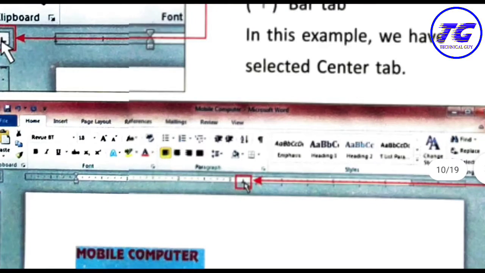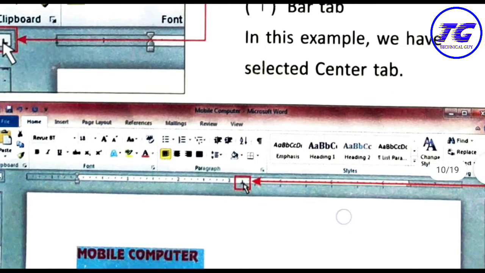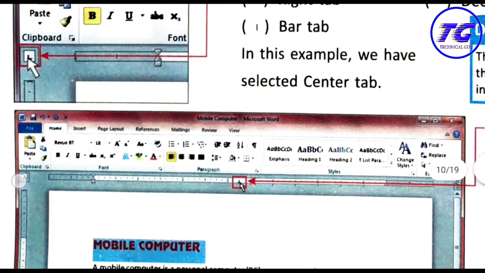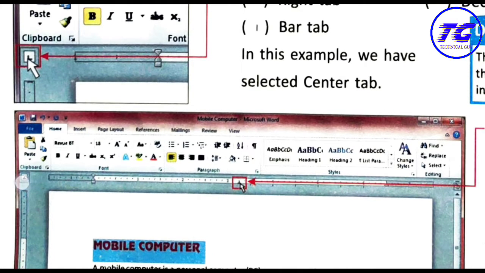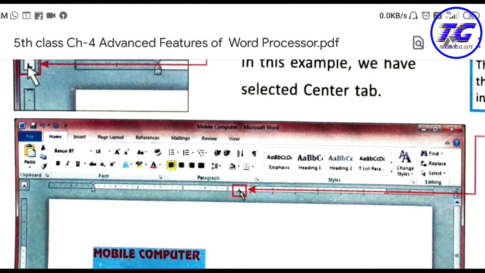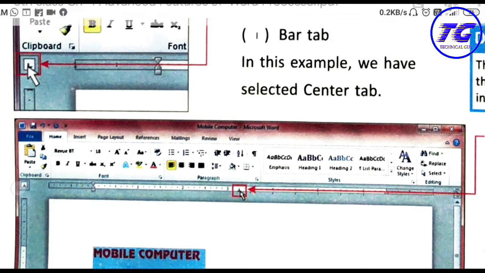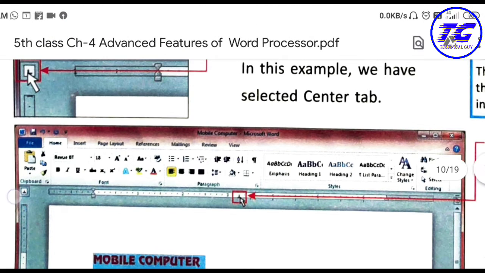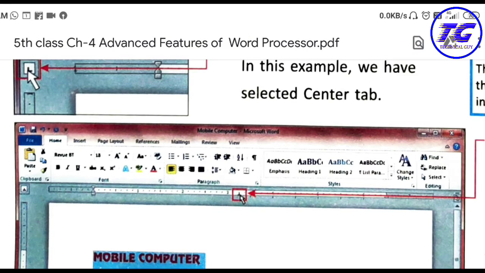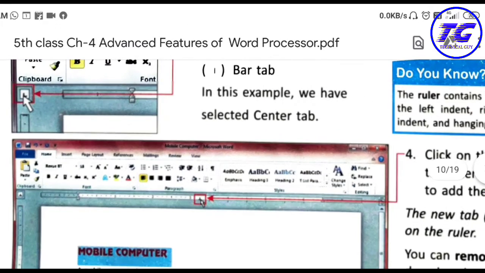All the tabs will be shown by clicking on this tab. So firstly you have to select the type of tab from here. Different tabs it will show you, like left tab, right tab, center tab, bar tab, decimal tab. And once the tab is selected, you can click on the ruler. So here you can click.